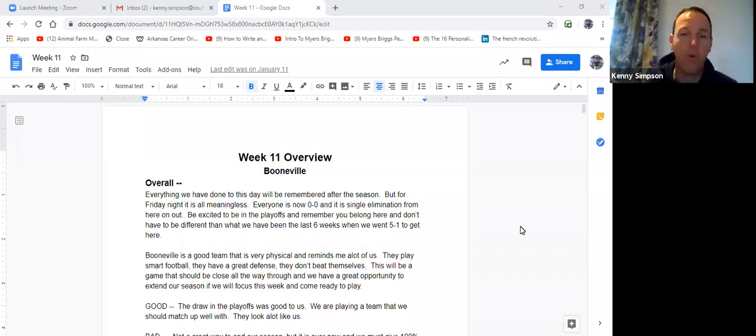Okay, guys, I'm going to walk you through how we break down an opponent. You've probably seen some different things on my website. So this actual document is on there, but I'm going to go through what I'm looking to do. This is our first playoff game from several years ago. Not a team in our conference, so we'll share whatever on this.